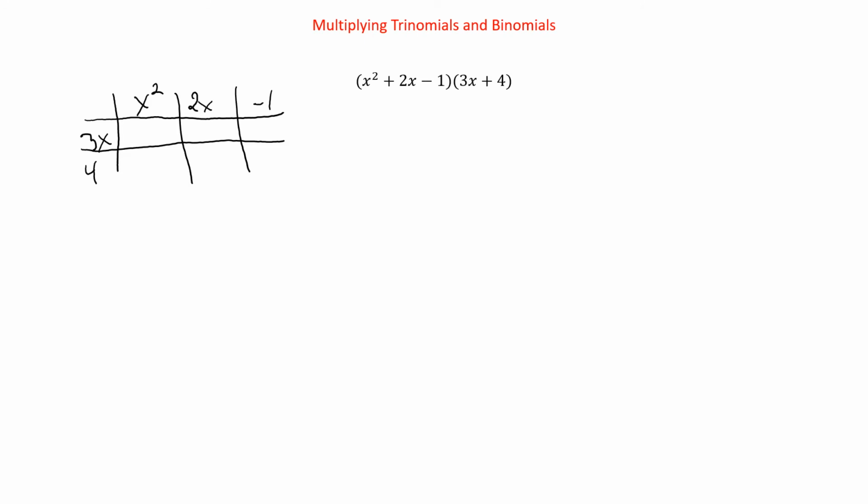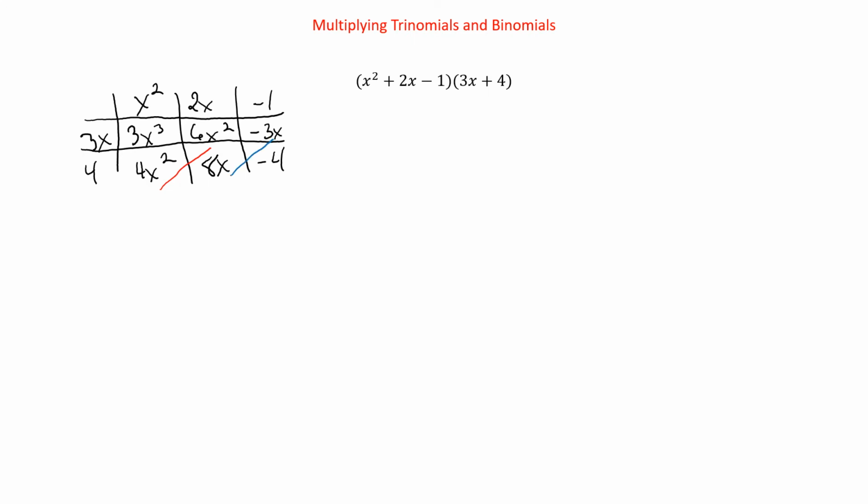So 3x times x squared is 3x cubed, 3x times 2x is 6x squared, and 3x times negative 1 is minus 3x. X squared times 4, 4x squared. 2x times 4 is 8x, and negative 1 times 4 is negative 4. Now, the nice thing here is that our like terms are